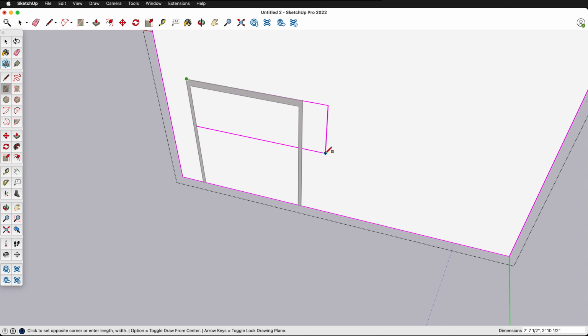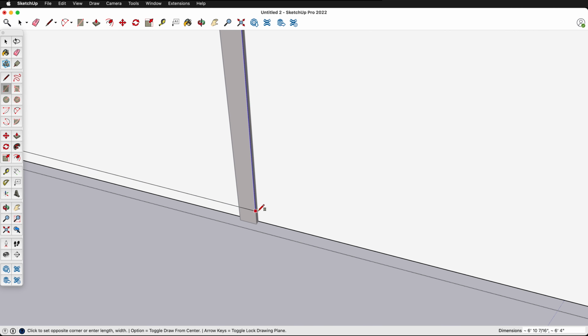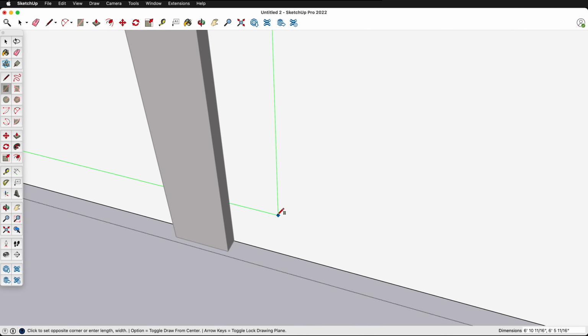And then I'm going to hold shift to make sure I'm on the face. You see when I hold shift, it locks to the face. But first I'm going to zoom in, then hold shift so I know I'm drawing this rectangle on this face. And then I'm going to click